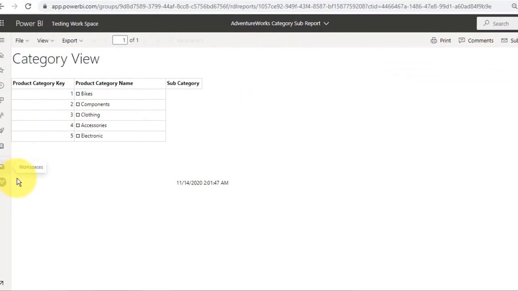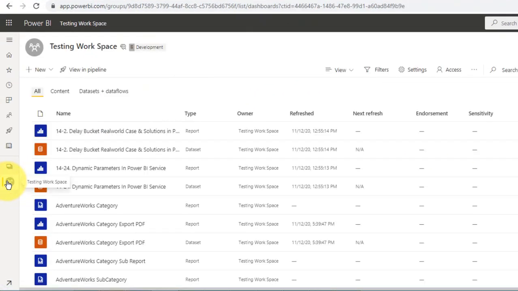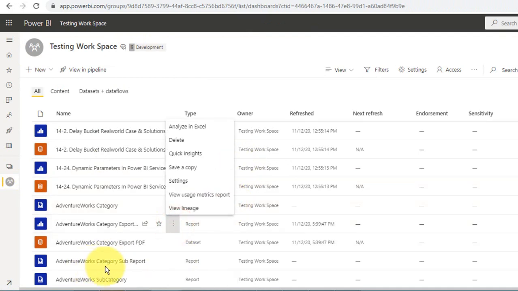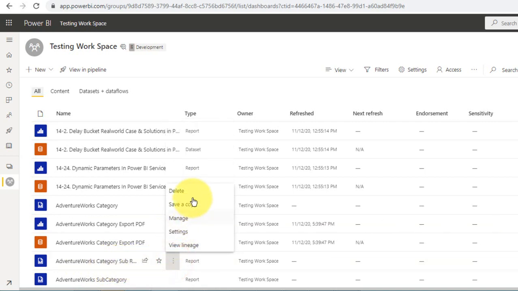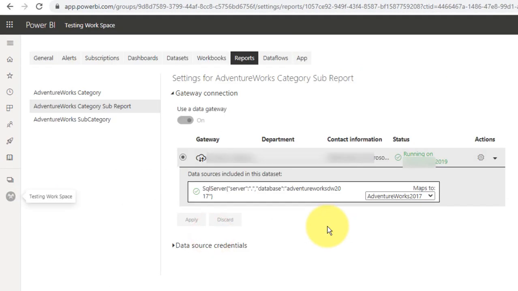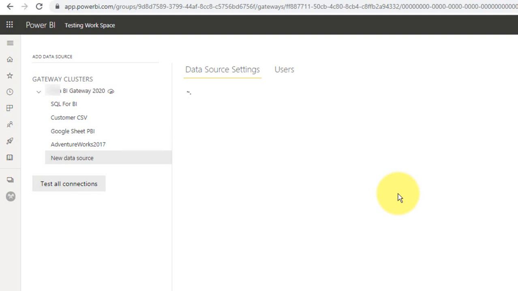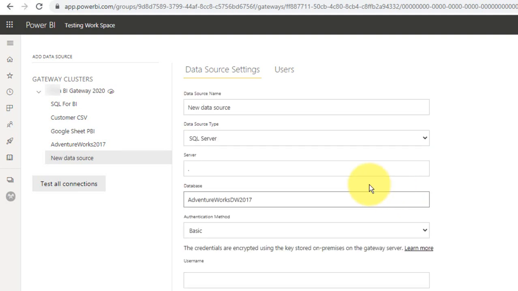Okay, now in order to refresh this one, let's go to this workspace again, and beside that click on More options for the Adventure Works category subcategory report. You have options like delete, save a copy, manage, settings and lineage view. In order to refresh, click on Manage. It will open up the gateway connection. In the gateway connection you have to select your gateway and then map your gateway here. If it is not there, you can click Add to gateway to create a new one. Then you can assign that gateway to that report. So going back here,